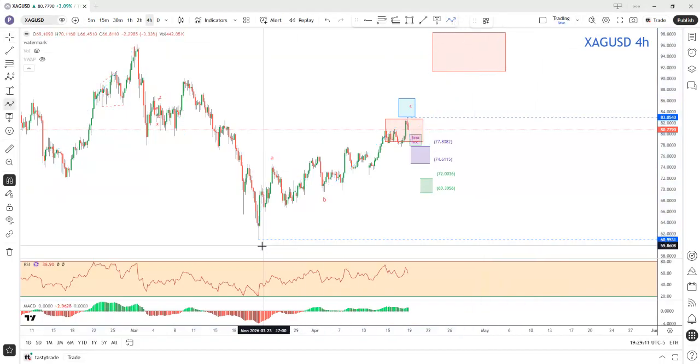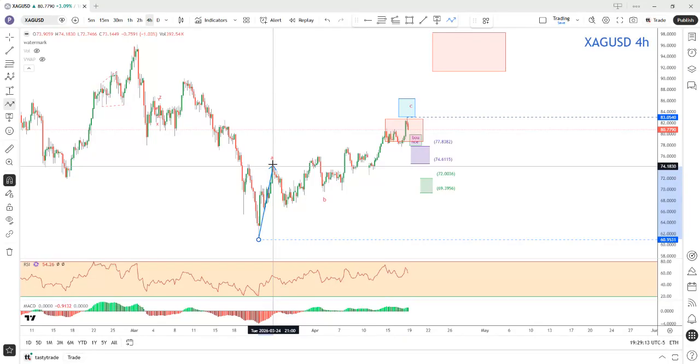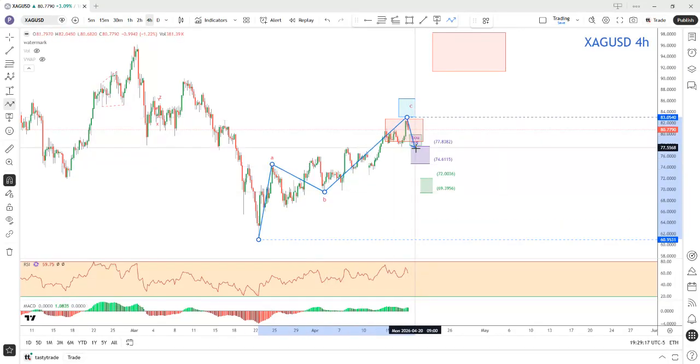Bulls, I think you really want this to be ABC, and then a bigger correction. Actually, sounds funny, but a bigger 3-wave correction down into this green zone, because then you could be looking at a diagonal going up, and then instead of ABC just being a correction, well, it's a correction, but that would be wave 1. This 3-wave move down into this zone would be perfect place for the wave 2 to end,